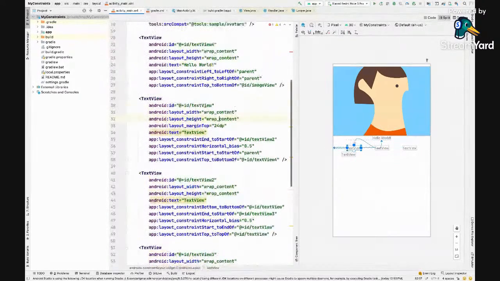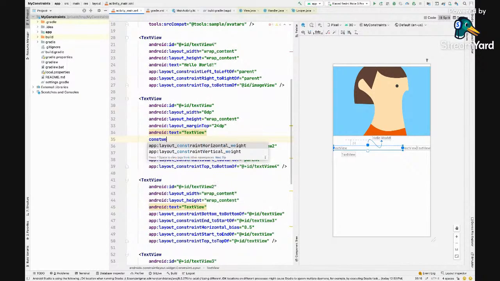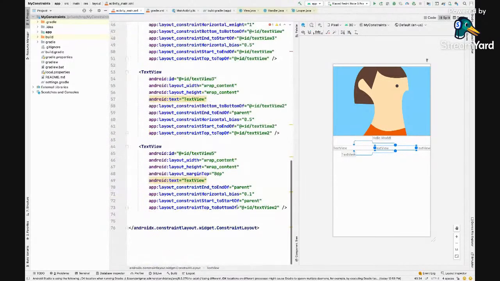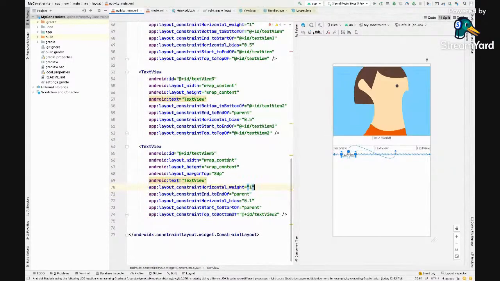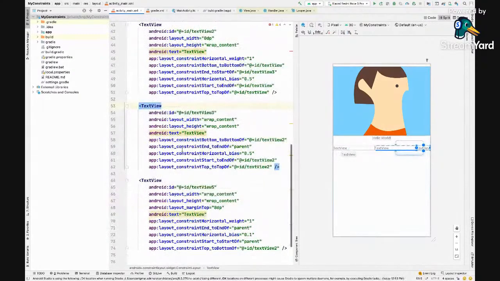This is my text view, and I'll just say 0 dp. I'll say constraint, horizontal weight as 1. Same here. I'll set 0 dp. Okay, all right. Not this one. This one.